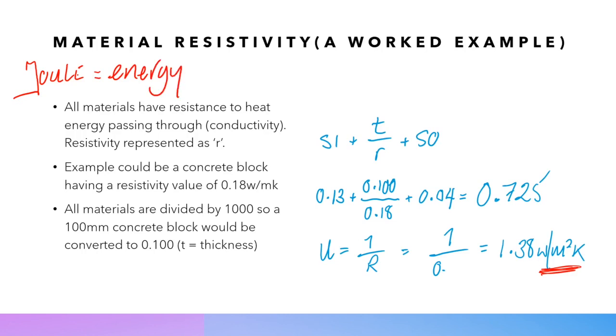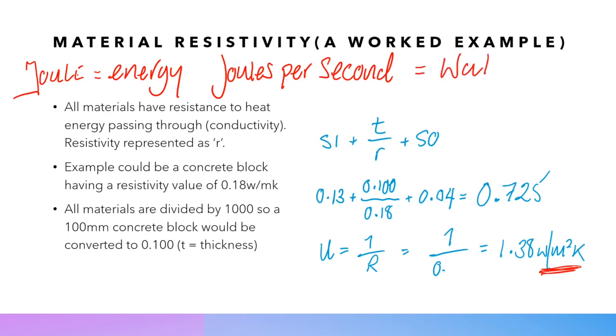But once you apply motion to it, so we're talking about heat travelling, joules per second, so we're timing how fast the energy travels through, equals watts. Hence, units of joules of energy that is in movement, that's why it's per second, which equals watts. So the block is saying for every single second, for every square meter, 0.18 watts, brackets, joules per second, will